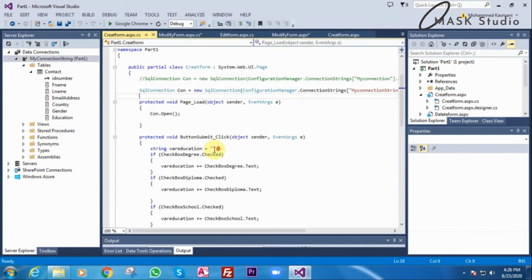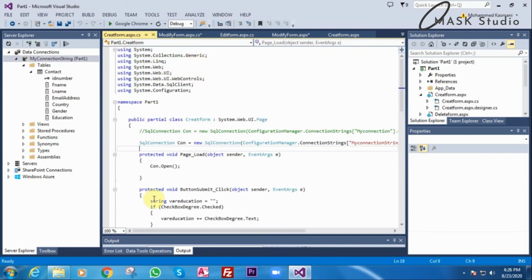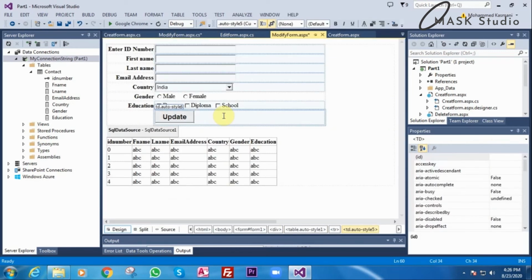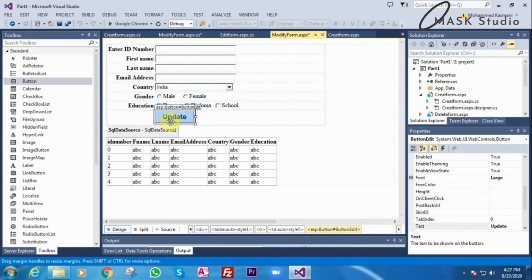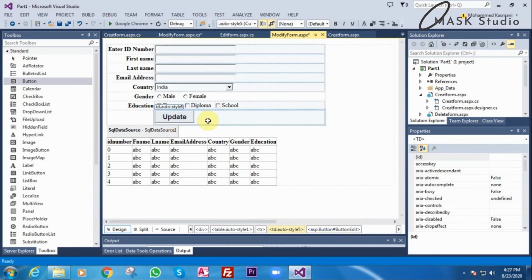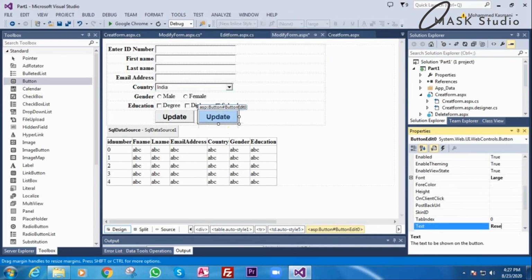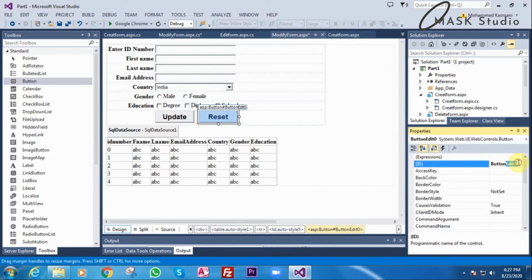Okay, now one more thing I want to do in this: we will add a refresh button, a reset button. Copy, paste, so we get the same format, only we will change it to reset, and we will give the button ID reset.